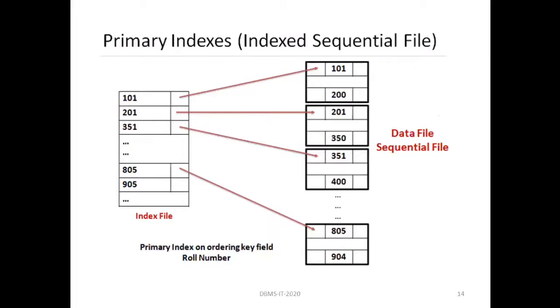The main file is sorted and the index file is also sorted. And the primary key of the main file in this case is actually the index entry in the index file. You can understand that in this case, the primary key is the search key. The pointer field, that is the data reference, will refer to the actual index block of the main file.